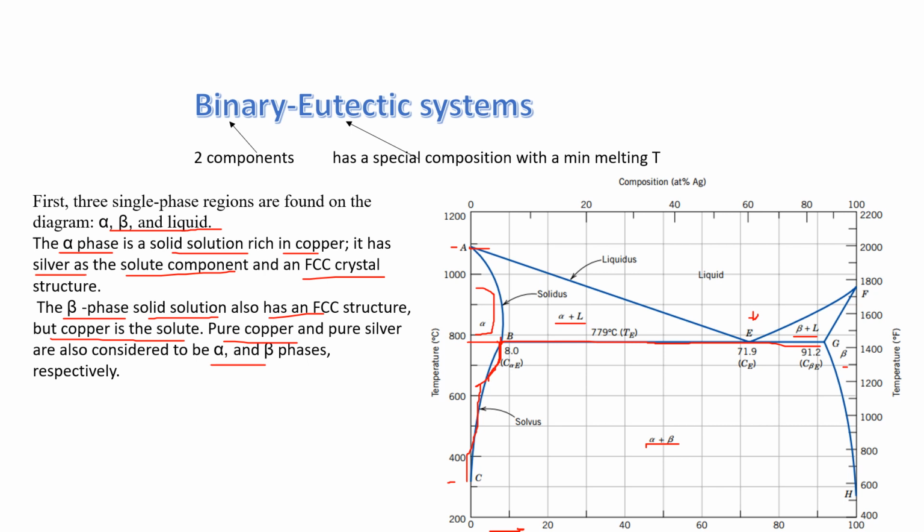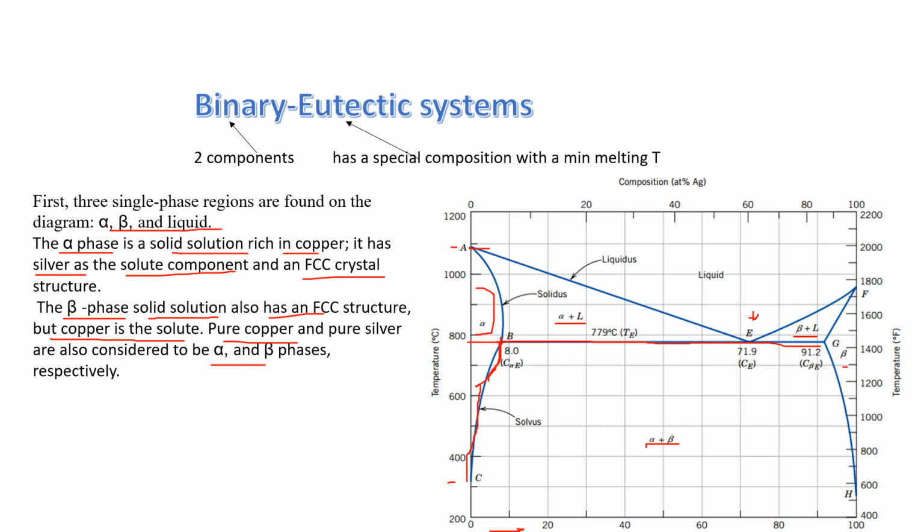This is the solid solubility limit. So this line is called a solvus line because it separates the alpha plus beta phase region from the solid